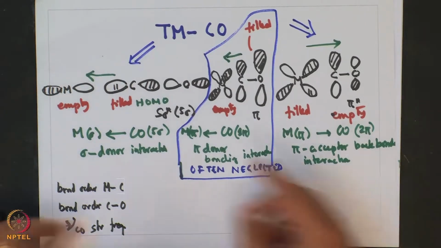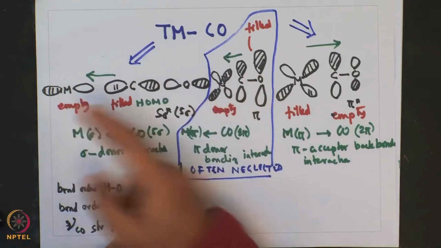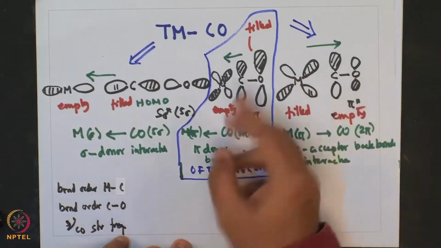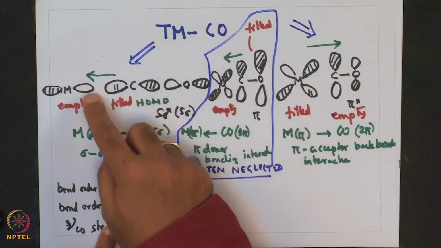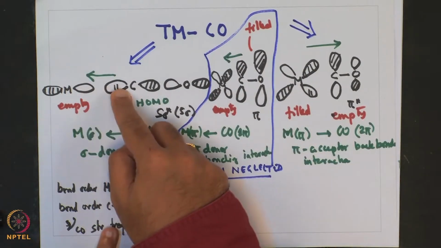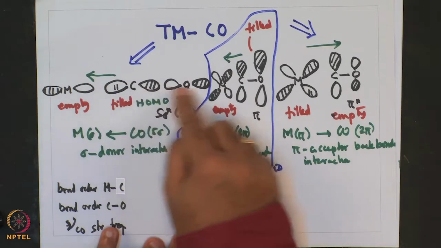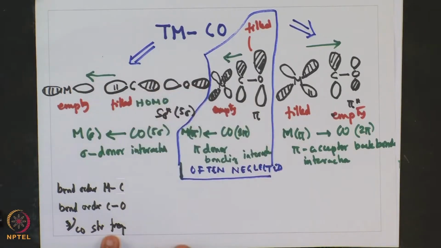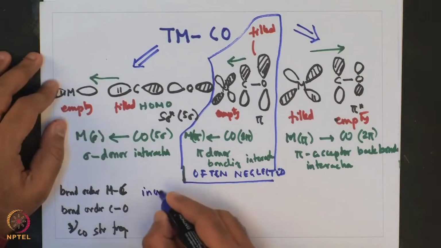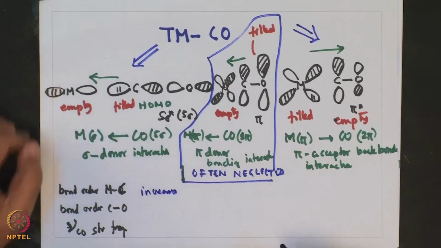So, as the forward sigma donation, forward pi donation or backward pi donation changes, it affects the metal CO bond order as well as the CO bond order, and as a result the CO stretching frequency increases or decreases. Now, what has been observed is that as the metal C bond order increases because of